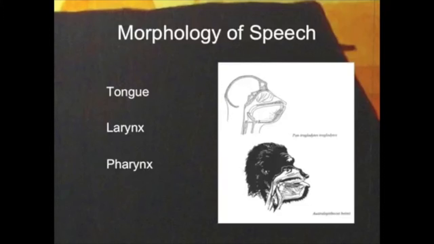One of the most interesting findings that has come out of this research, and there's a pretty significant body of research that has looked at sound production in living primates and the implications for the fossil record, really has focused on the degree of flexure in the base of the skull, so that basicranial region we talked about early in the course. And the flexure of that region is really important with regards to two of the three areas that I just highlighted for you in terms of the morphology of speech. In this case, the location and size of the larynx, and then the location of the pharynx.